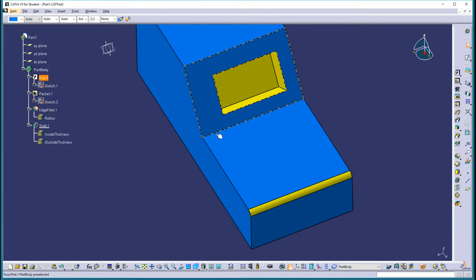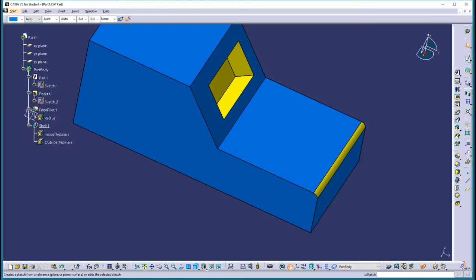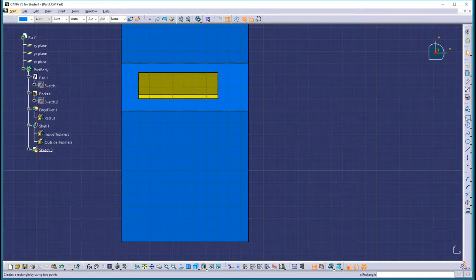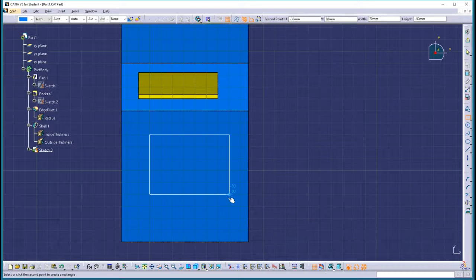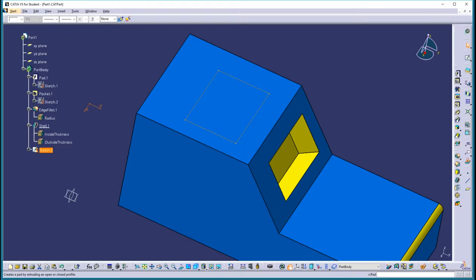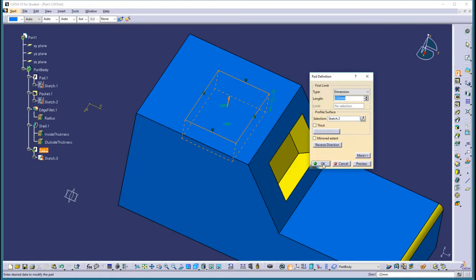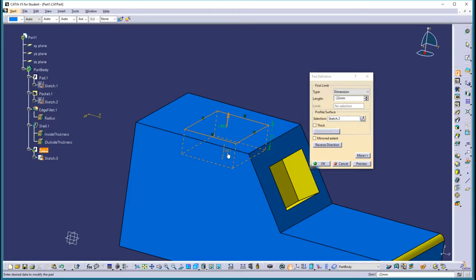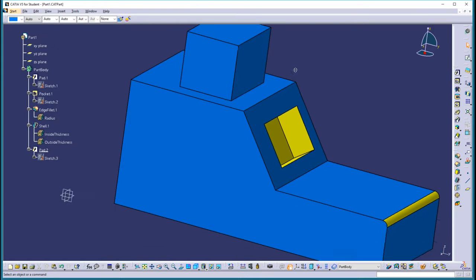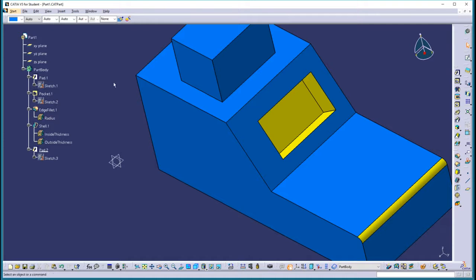And finally, I'm going to draw one more sketch-based feature. I'll sketch on this top surface, this top face, and I will sketch another rectangle. Exit Sketcher, and let's make another pad and say, let's make this pad go up about so far and say OK. So here we have built our first little solid, and as we've been building it, it's been adding things to